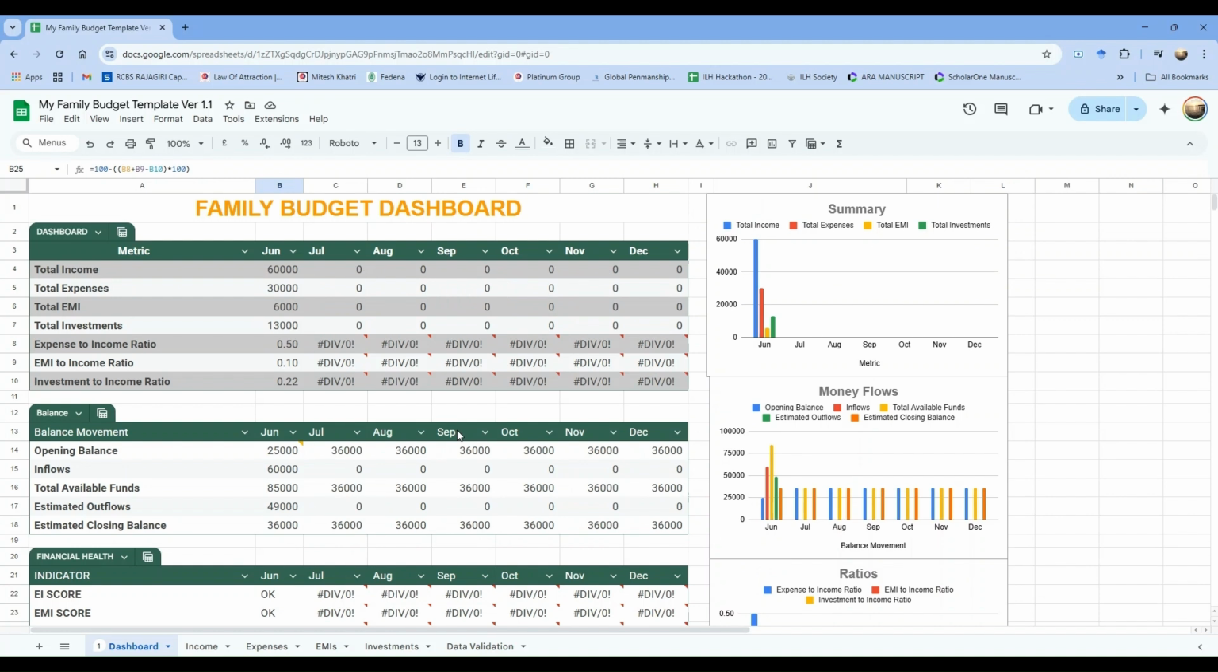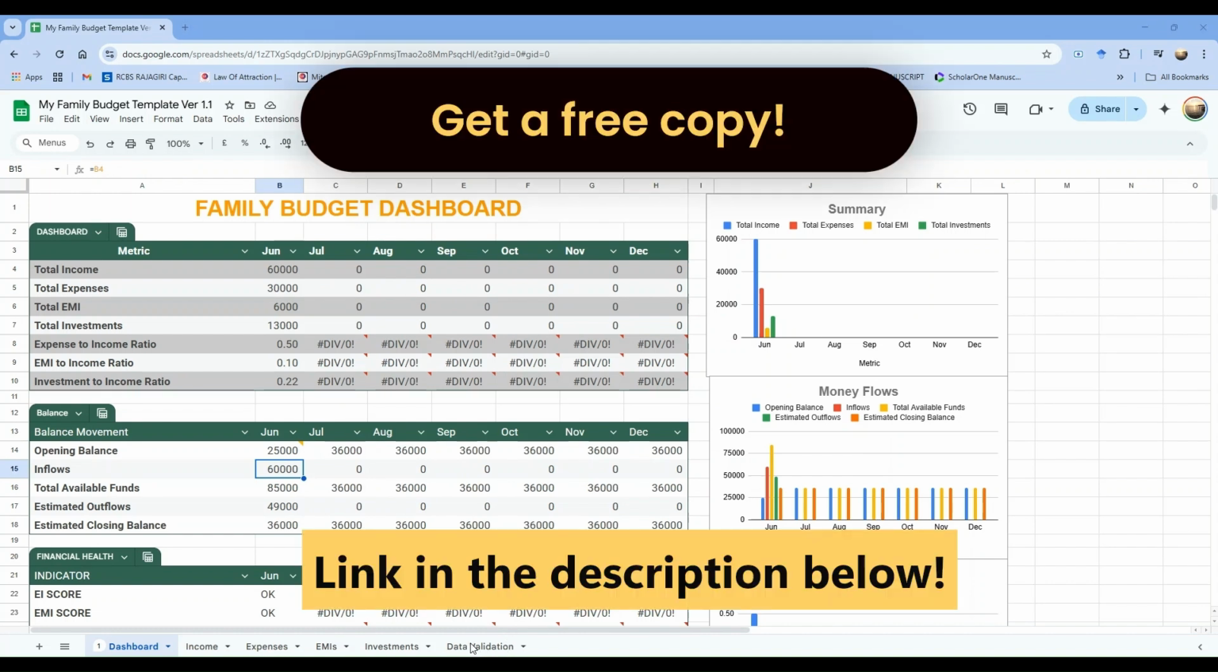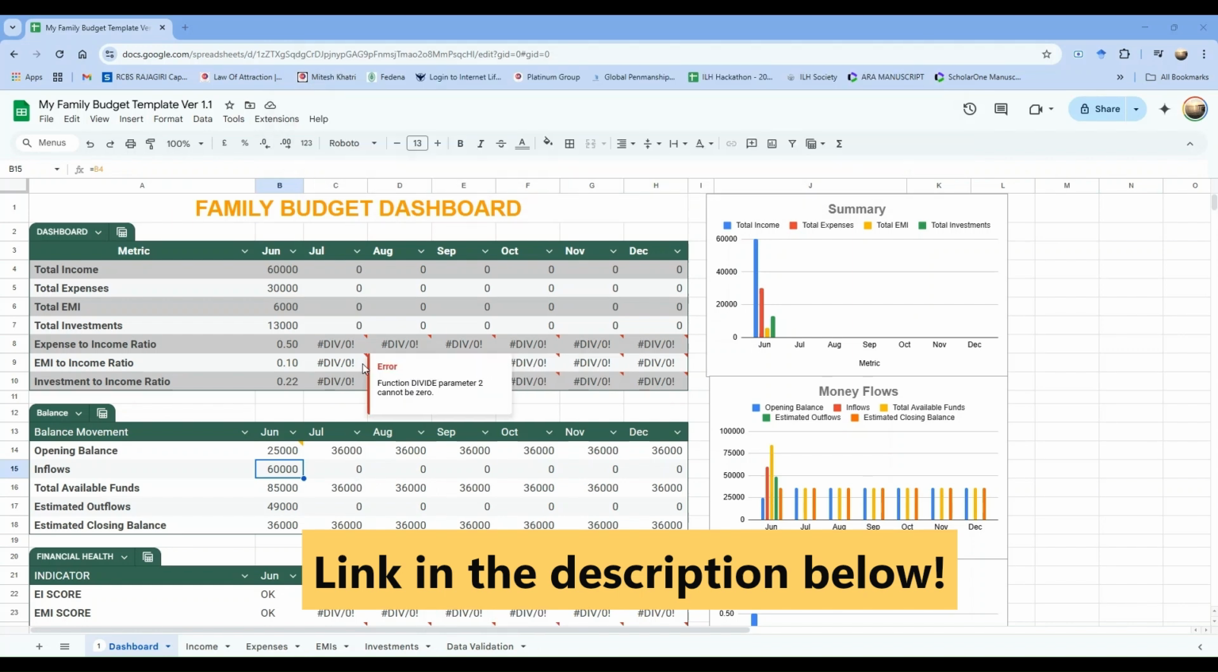There are some features which, if you are well versed with the way this works, you can use some data validation which is provided here. Otherwise you can start functioning with this, and I will be coming up with revised versions of this family budget